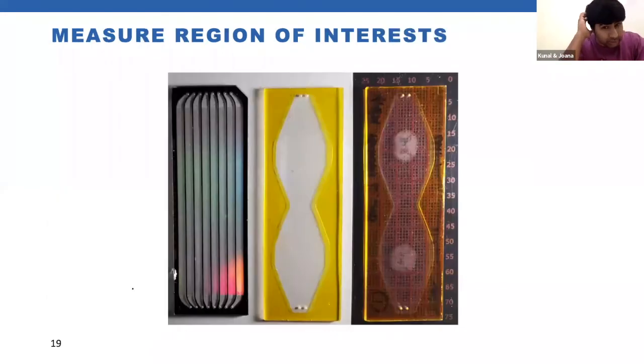And so this is how we measure the ROIs, and this is an example of our flow cell. On the left is a HiSeq flow cell with 8 lanes. In the middle is our flow cell design without any tissue section on it, and we use 2 inlets and 2 outlets, and again we tie all the outlets from the HiSeq into those 2 outlets on our flow cell,